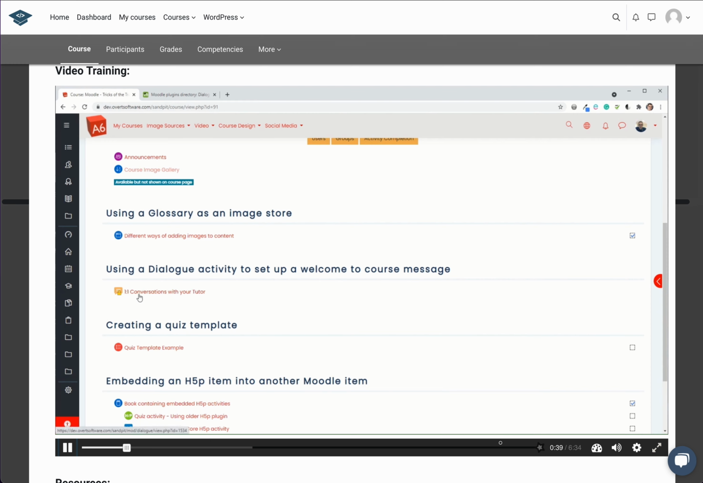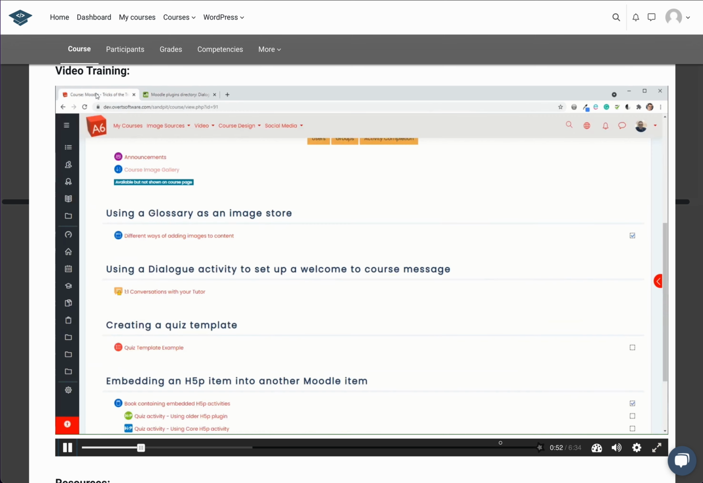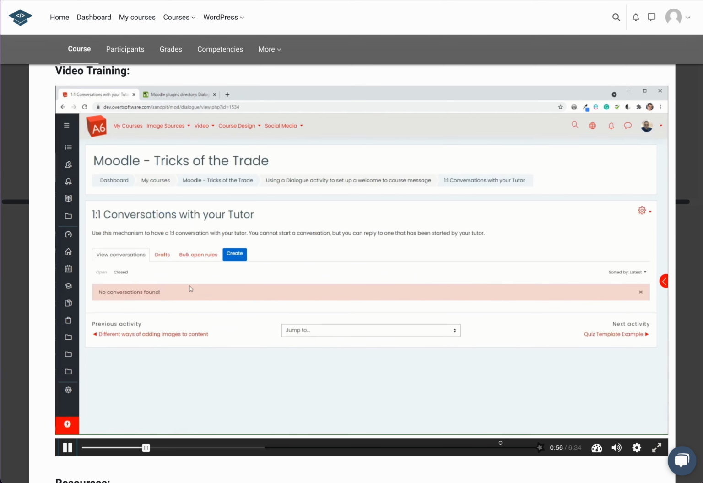Now, to do this, we're going to use an activity called the dialogue. So you need to go onto the Moodle plugins page, and it's a module called dialogue, and it's got this orange icon here. So you'll need to get that installed on your Moodle first, and then once you've got it installed, we can then add an item as an activity. And if I just quickly go into the settings,